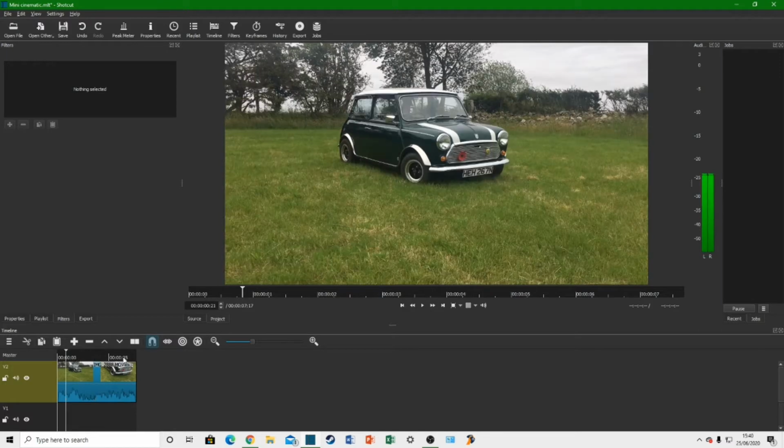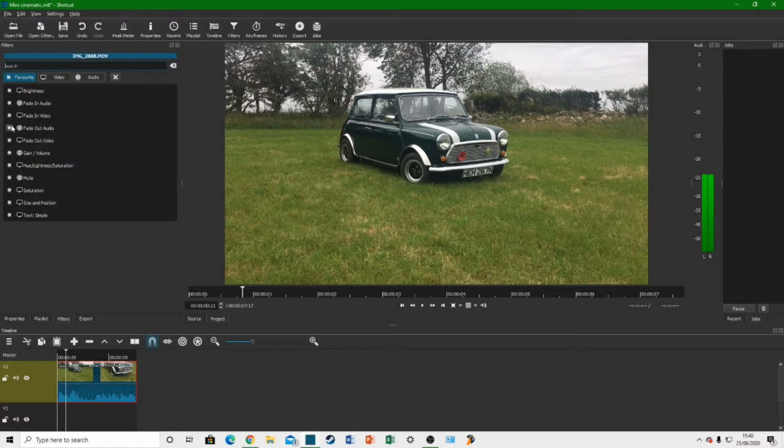Now this video does have a little bit of audio. You can see just here at the bottom, that is your audio peak meter down there. And because this is a cinematic, I don't really want the wind in the background. So what I'm actually going to do is click on filters here, and I've just clicked on favorite because I favorited the ones that I use most. You can actually go here to mute,